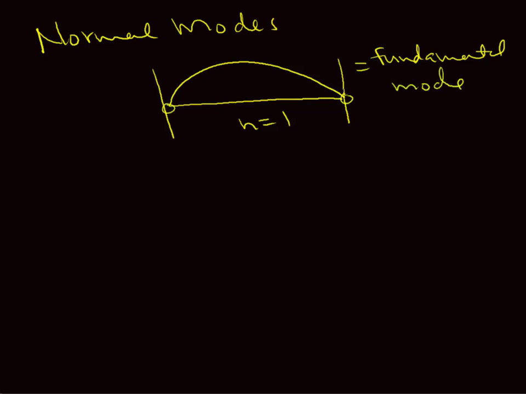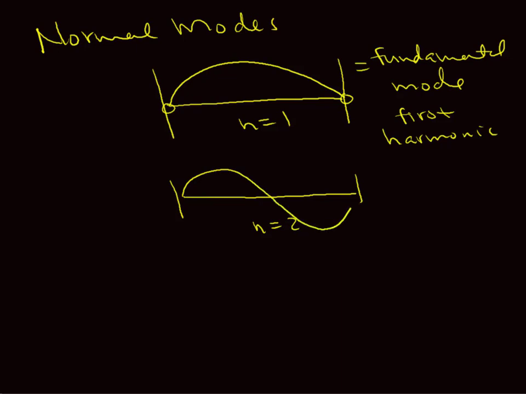And you'll notice that the amplitude at the beginning and the end of the string is equal to 0. The fundamental mode is also known as the first harmonic. When n equals 2,